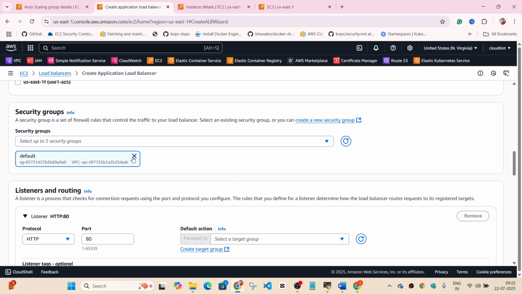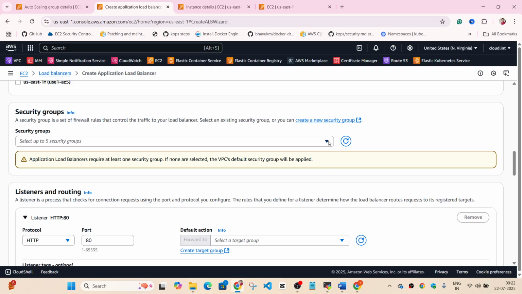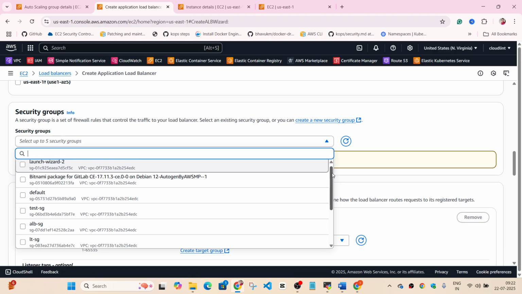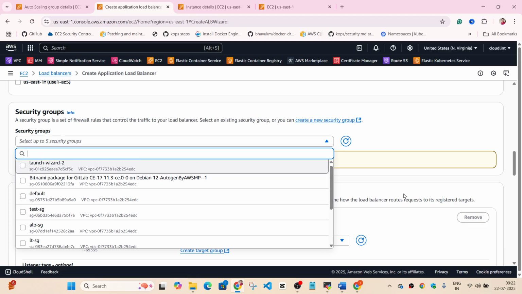Then security groups. Here I already have one security group, which is allowing everything. So you can use that, or you can create a very restrictive security group. What you have to ensure when you're creating the security group, especially in real time, is whatever traffic you allow on the website should be allowed from the ALB also. For example, you have a website that is using port 80, the HTTP traffic.